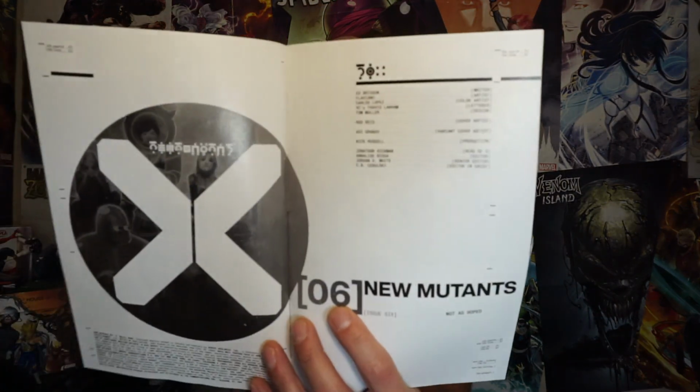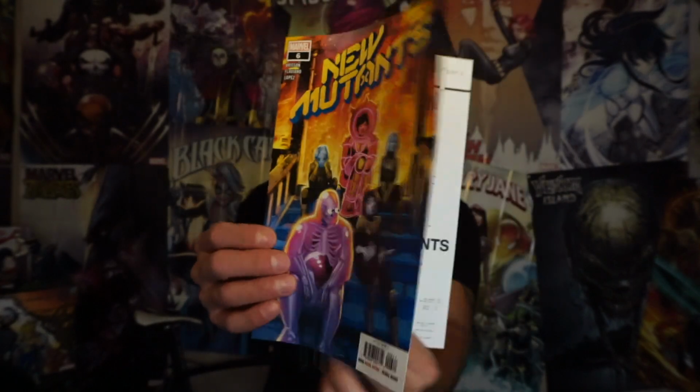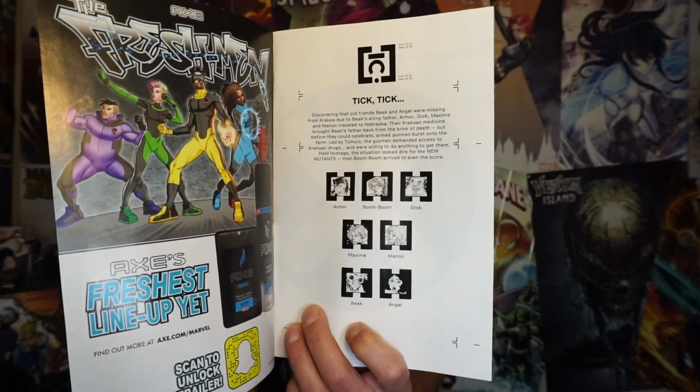So anyway, now let's go ahead and show you. Did I show you guys that title page? Yeah, we got two of them again. We got the two-page title page again, and of course, there's the cover as well. And in here, the mutants we're dealing with today are Armor, Boom Boom, Blob, Maxime, Manon, Beak, and Angel. Some of the same ones that we were dealing with